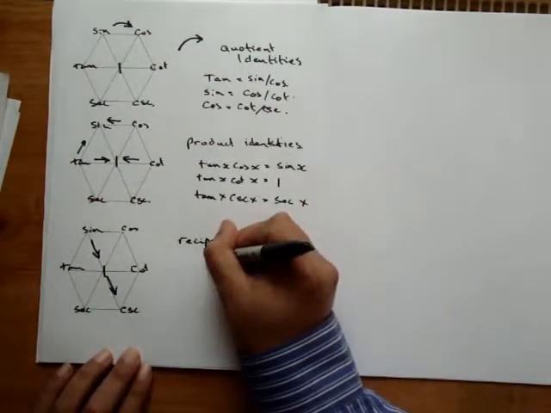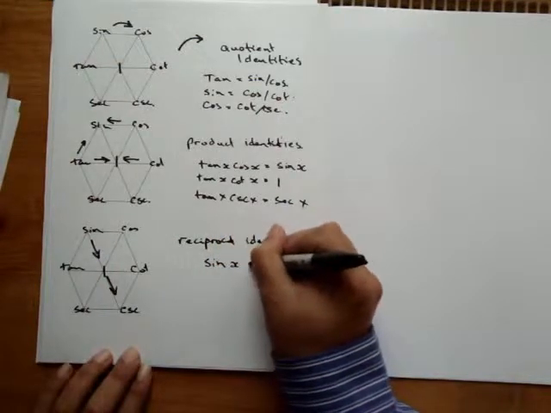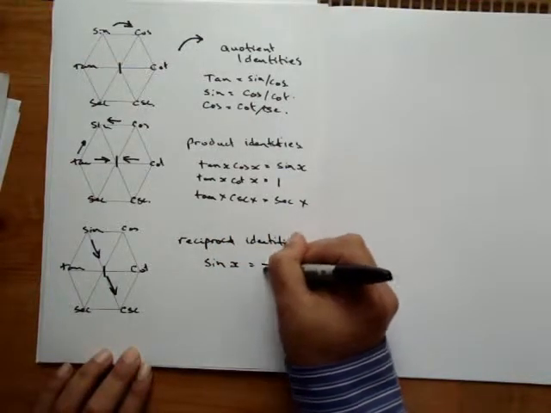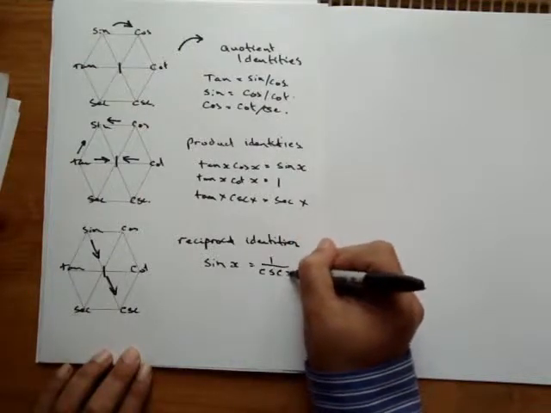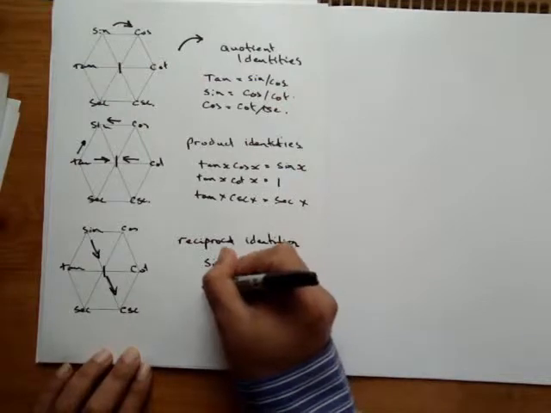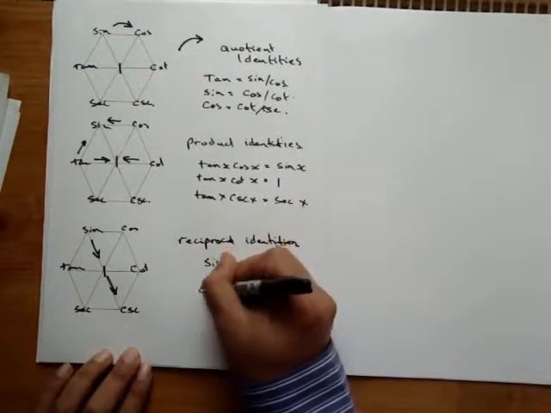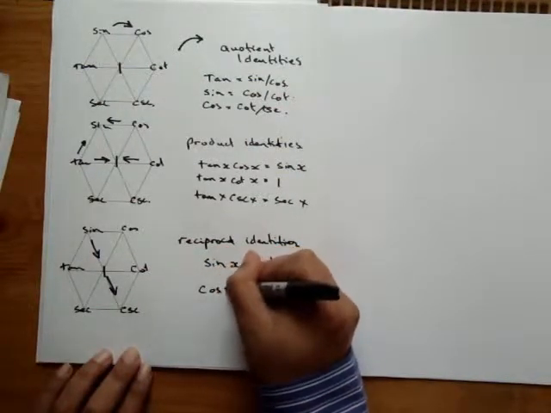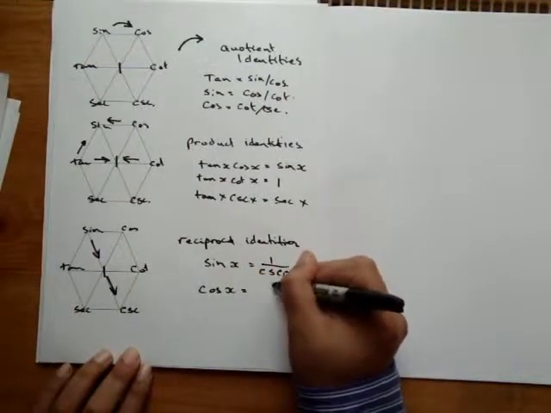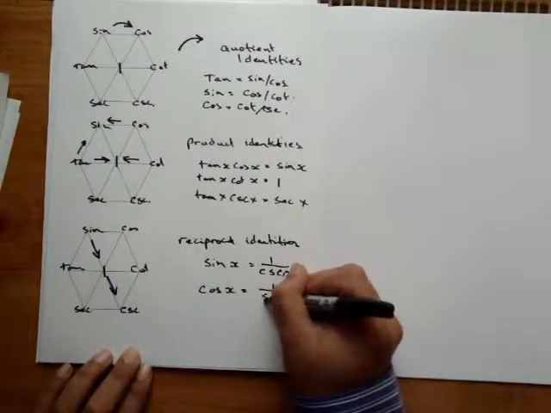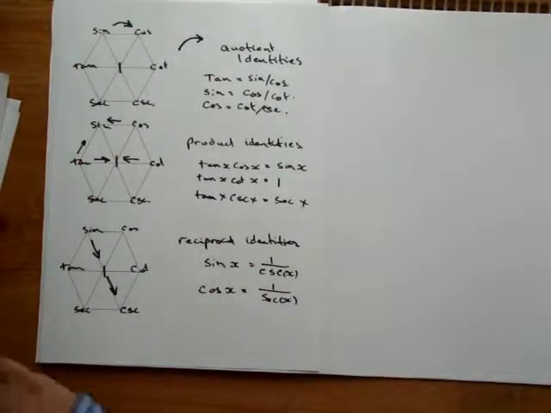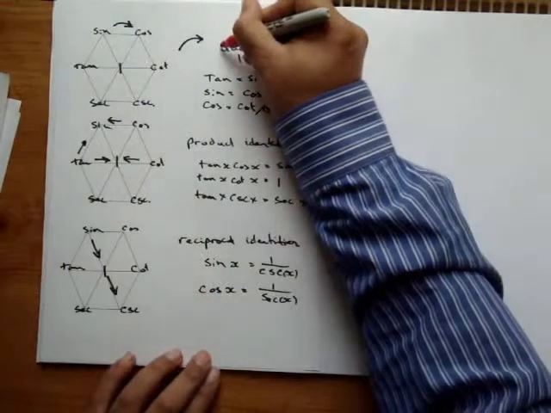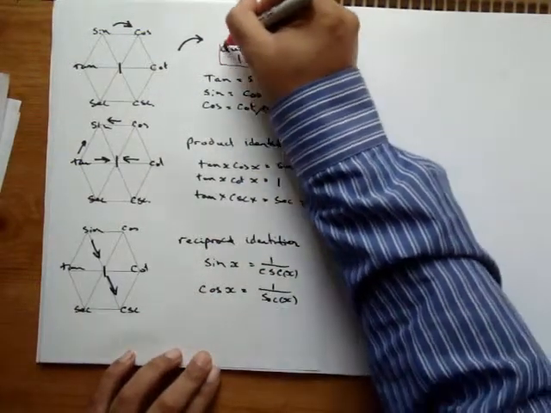So this is: sine x is 1 over cosecant x, cos x is 1 over sec x. So if you can't remember them, you can use this little method